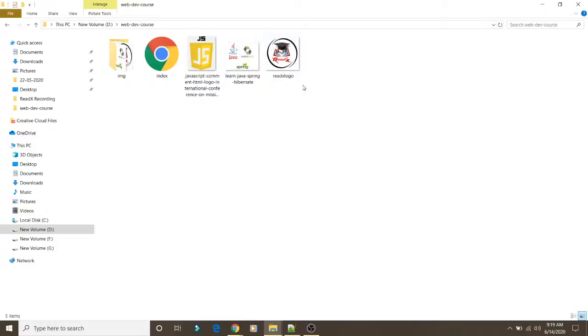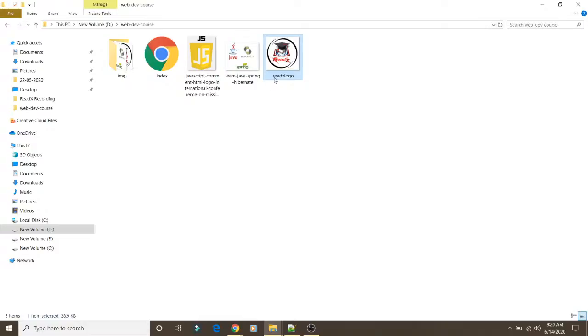Fine. So suppose it is in the root directory, the respective directory where we are working. A folder is basically known as a directory over here. So inside that directory our images are stored. If you want to insert that particular image in your page, you just need to mention the name with extension. Whatever the name of this image is, I will mark it over there and we will insert that particular image.